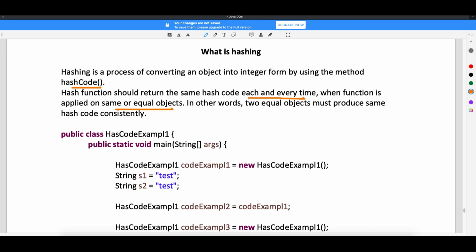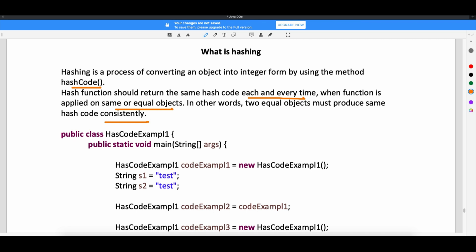I will show you through an example, you will understand. That's what I'm writing here: whenever you call the hash code method, the address of the object will always be the same. In other words, two equal objects must produce the same hash code consistently. So whenever you have two equal objects, when you call this hash code method, it will never change. So first we will try to understand the hash code concept, and then slowly we will move towards hashing, how it happens, how data storage happens